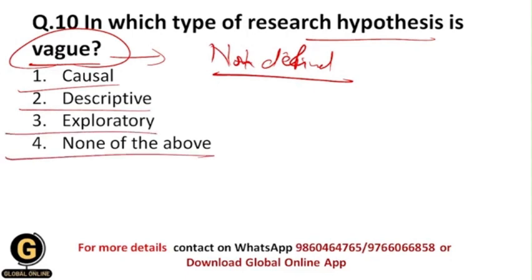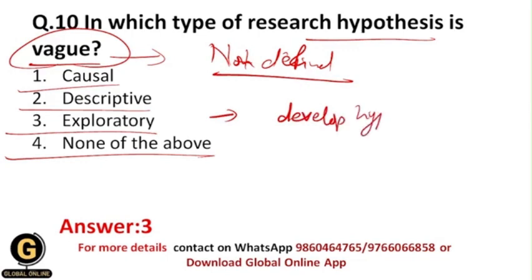Now students, all of you understood that only the exploratory research design is the type of research design in which the research hypothesis is not clear or not defined, because in the exploratory research design our final step is to develop the hypothesis. Okay, because beforehand we are not able to understand what the research is about,